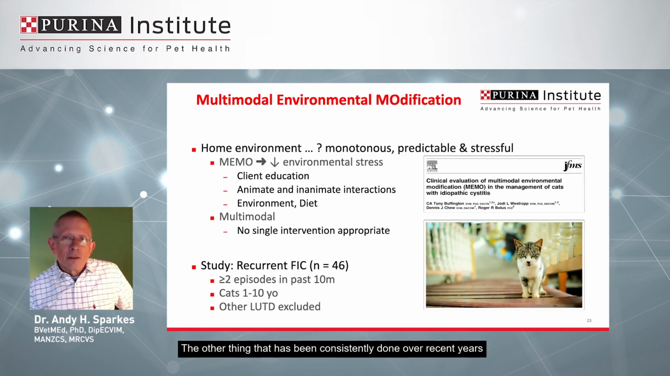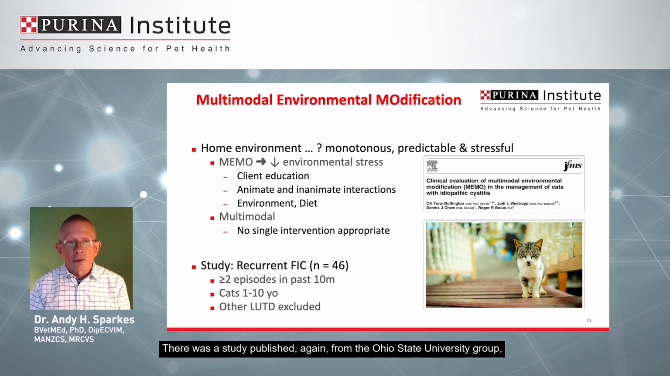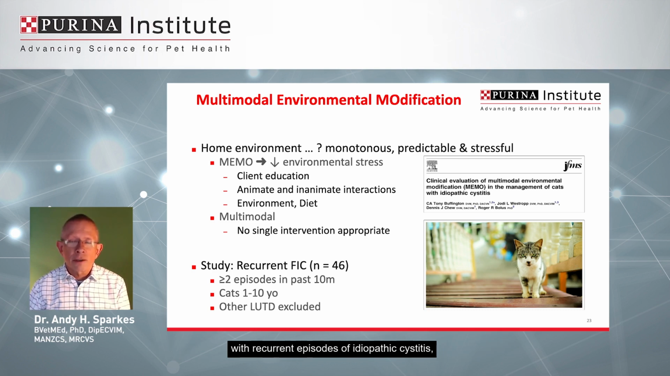The other thing that has been consistently done over recent years in these cats with idiopathic cystitis is to try and modify the environment to reduce stress. There was a study, again published from the Ohio State University group, looking at the effect of what they called multimodal environmental modification, looking again at quite a large group of cats with recurrent episodes of idiopathic cystitis, following